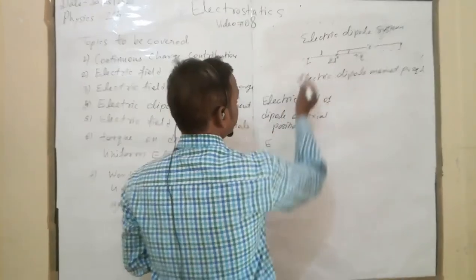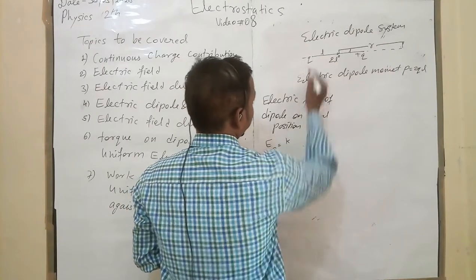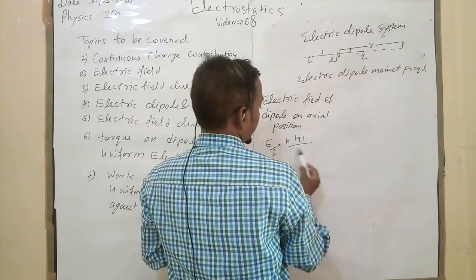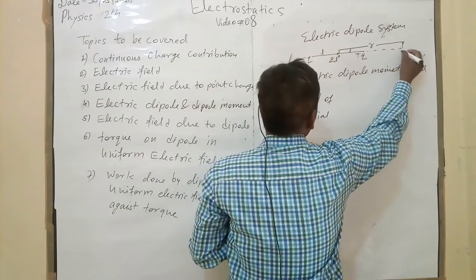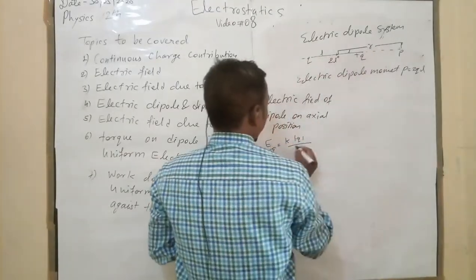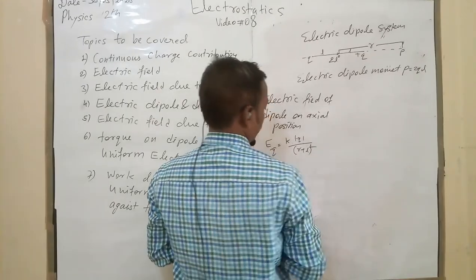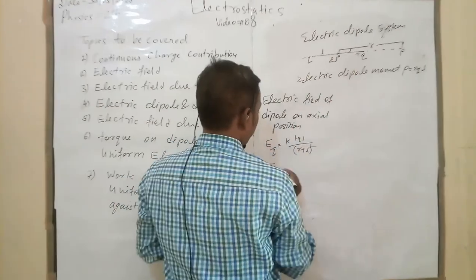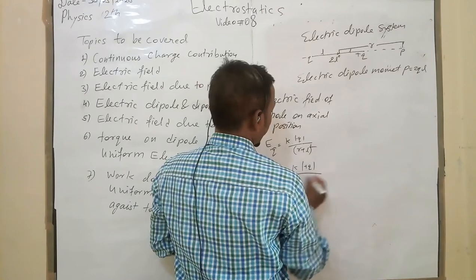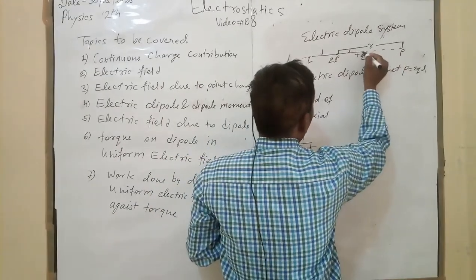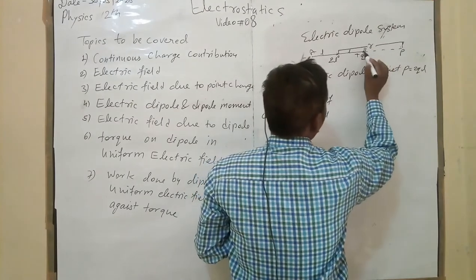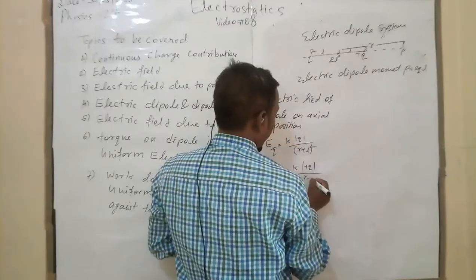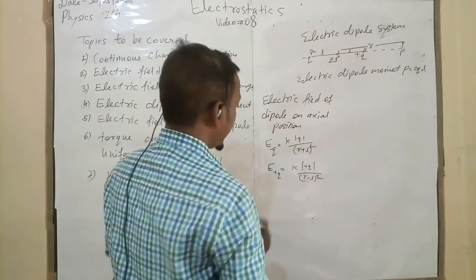So the electric field due to minus Q is K times minus Q upon the distance between this and this point, that is (R plus L) whole squared. And the electric field due to plus Q is K times plus Q upon the distance BP, that is (R minus L) whole squared. So what is the net